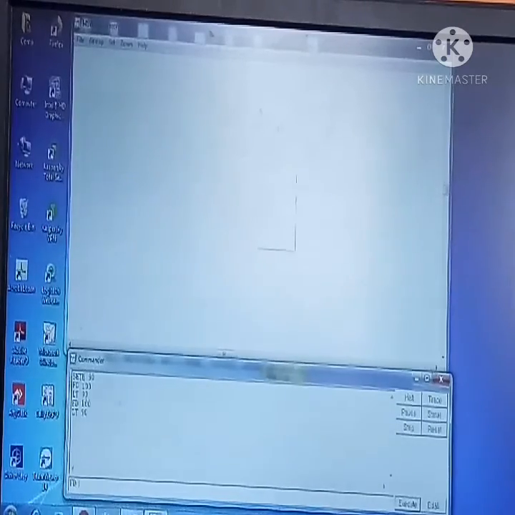From there FD space 100, that means it moves 100 steps forward. Again it has to turn towards the left side. LT space 90 and then FD space 100. It completes drawing the square. Now if you want to clear the screen, it is CS.